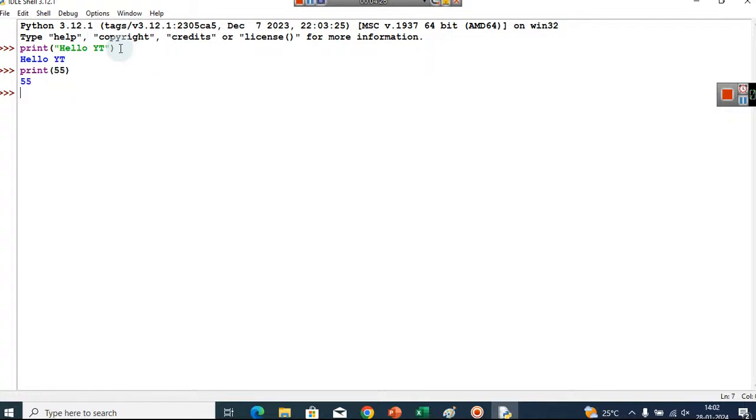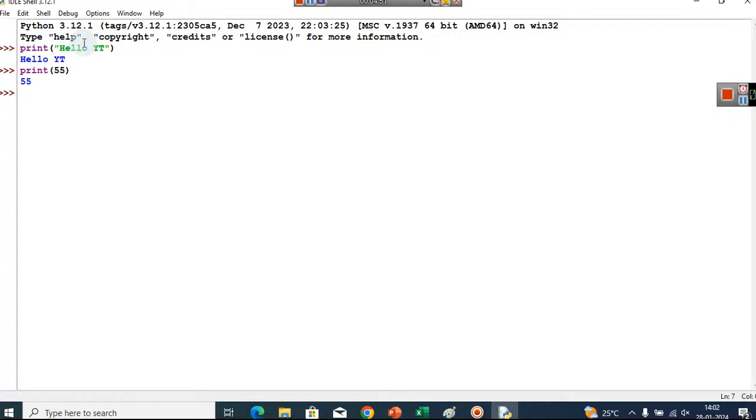It will print. So here you can see you are writing where there are these three arrows, and then after pressing enter it is printing that particular piece of code. So this is how you can print something in Python.